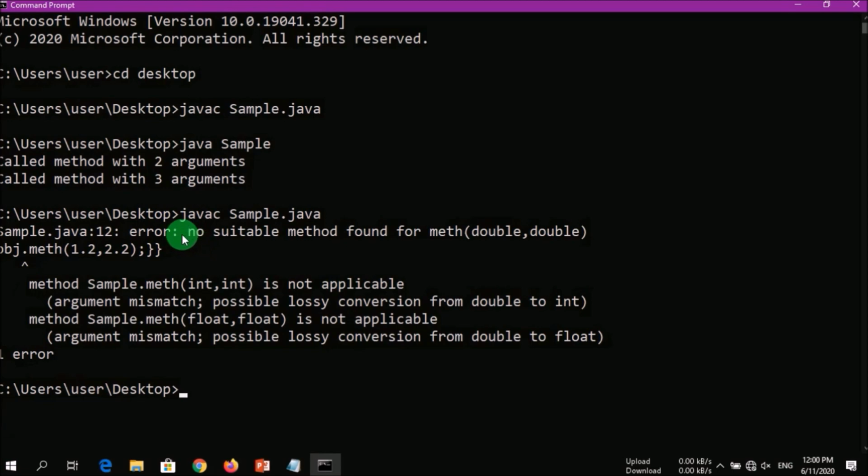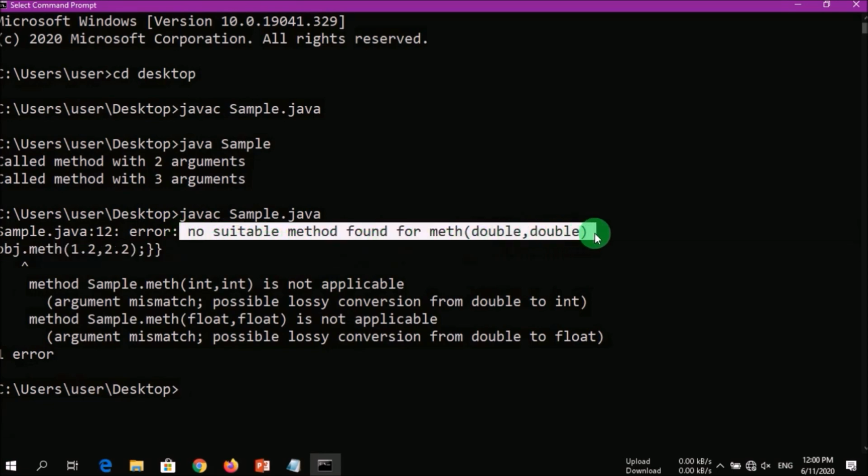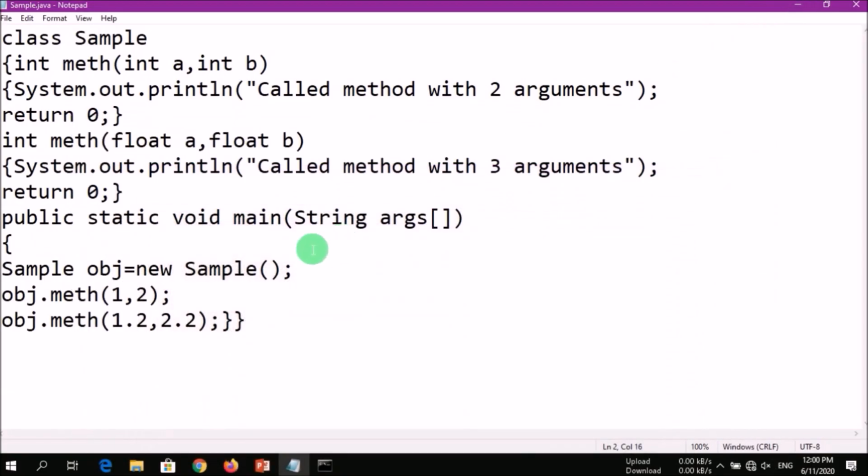Which kind of error? No suitable method found for math double double. What does that mean? Here 1.2 and 2.2 are both of double type. The data type of 1.2 is double, and we are trying to access float a. So we cannot do this.